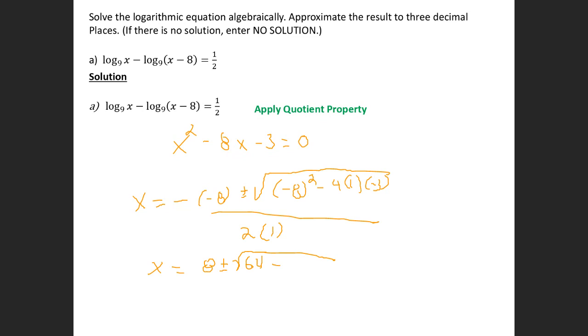Minus, okay, 4 times 1 is 4, and 4 times a negative 3 is negative 12, all over 2. 2 times 1 is 2. Okay, all right, so let's simplify our radical. So we have 8 plus or minus the square root of a negative, a negative is a positive, so 64 plus 12 is 72